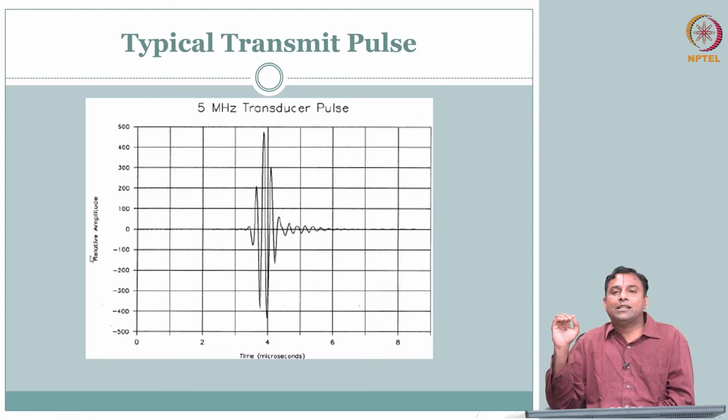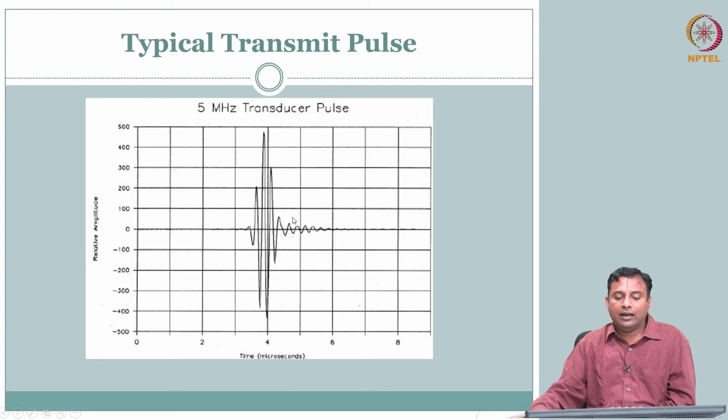So when we talk about transmit pulse, this is a typical transmit pulse shape that you have. So a 5 megahertz transducer pulse. So this is what is created. This waveform, this pulse is what is sent into the body. Okay. So a short burst, a few microseconds long here, right? Then you start to listen to the echoes, and the problem proposition is simple. Based on the echoes, how much I am getting, can I say where is that interface, where is that scatterer? Okay.